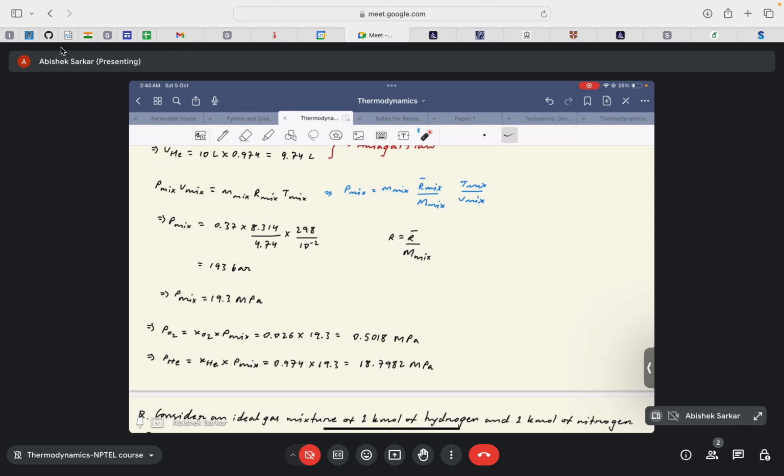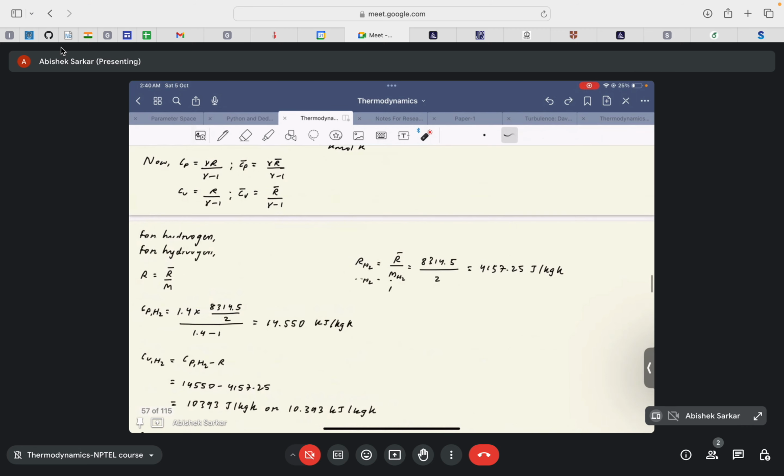Similarly, the pressure exerted by the helium is equal to the mole fraction of the helium in the mixture into the total pressure exerted by the mixture. So we get 0.974 into 19.3, or 18.7982. So these are the mole fractions. Okay, not to get confused with the mole fraction of oxygen and hydrogen from Dalton's law. Okay. So I'll skip this example and then directly go to